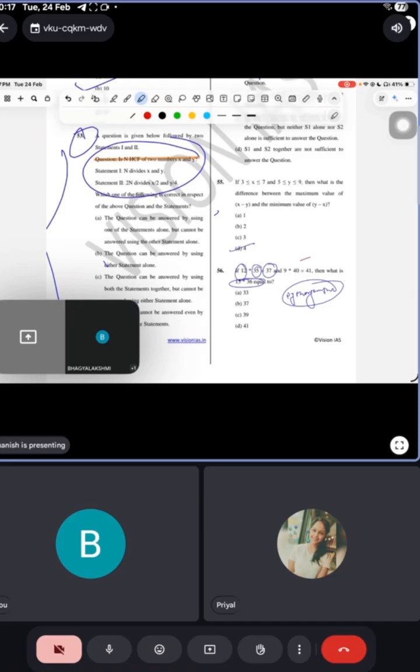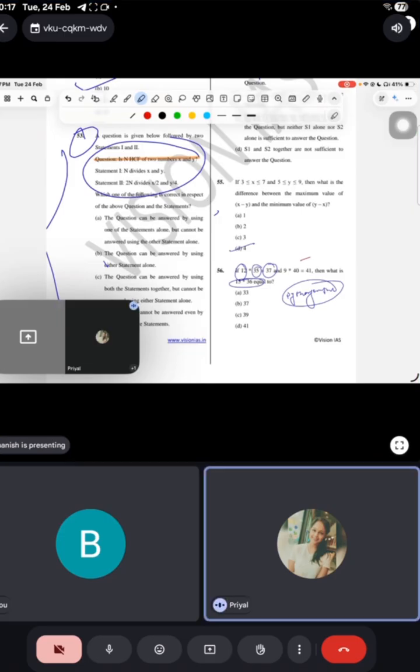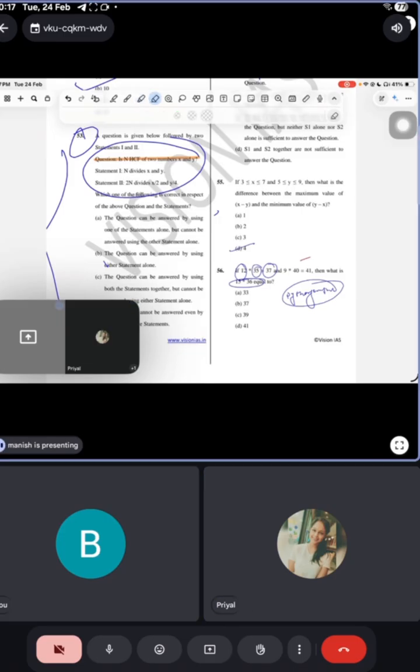This is a yes-or-no question, so again it is easy. The answer can be both yes and no, but we need a definite answer. So now let's analyze the statements one by one.